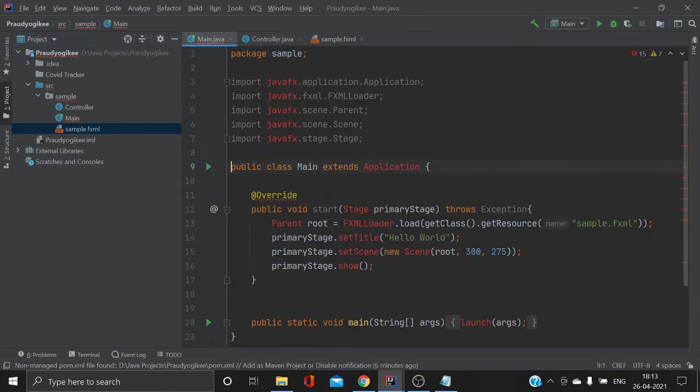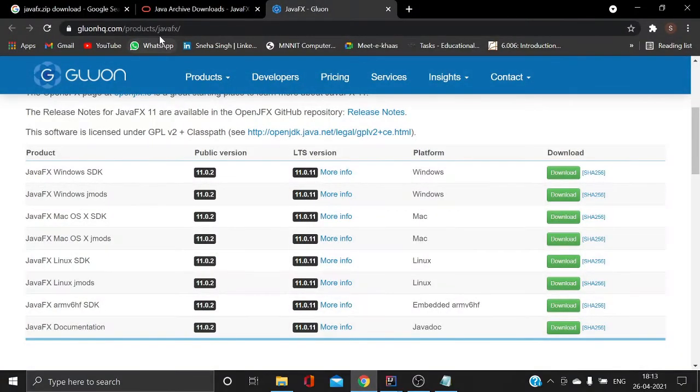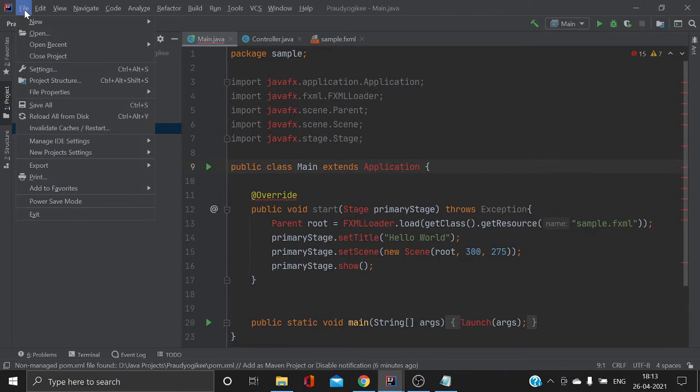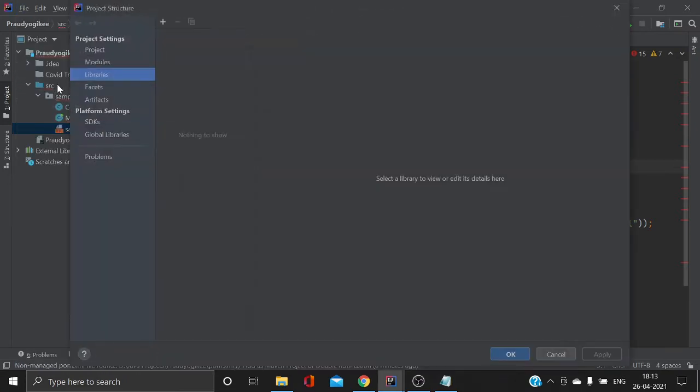Now we will configure this JavaFX. For this, first of all, go to this website of Gluon and install the latest version of JavaFX SDK. You will get a zip folder and you can unzip that folder. After that, go to the project structure, then libraries, and click on the plus icon.